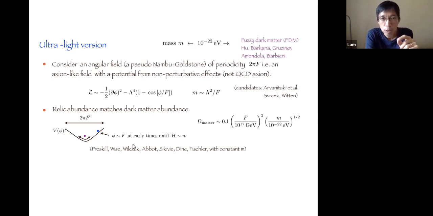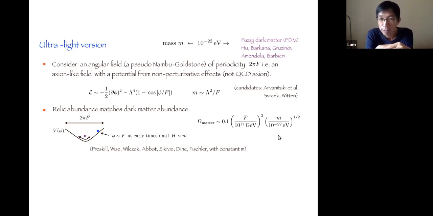And if you work out the numbers, you roughly get the correct abundance if you assume two things. One is that the axion decay constant is of the order of 10 to the 17 GeV, something around the GUT scale, somewhat below the Planck scale. And the mass of the axion is rather light, 10 to the minus 22 electron volts. I should emphasize though that the relic abundance is clearly more sensitive to what we assume about F than what we assume about m. And so if you just change F a little bit, clearly the required m to match the relic abundance